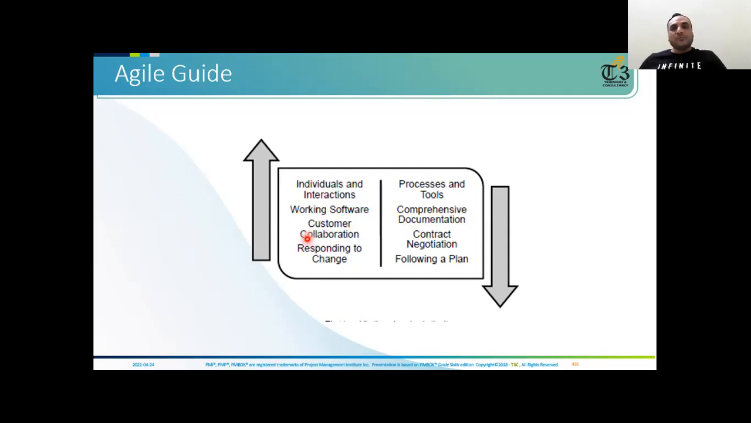Customer collaboration is more important than contract negotiations. If you follow the contract, you will only deliver what is written in the contract. But if you collaborate with the customer, you will deliver the value he or she is expecting in their business. So customer collaboration is more important than contract negotiations. Projects are not done only for the work. Projects are done for the business value. If they do not achieve the business value, you cannot